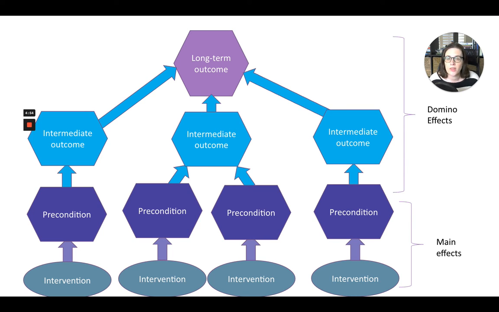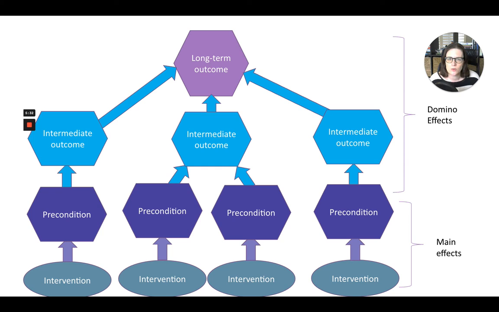What's helpful in thinking about it this way is a couple of things. One, there are parts of a theory of change which your programs likely do not directly influence. They are things that are outside of your control. And here you're relying on domino effects in order to make that change. A domino effect is just like that long chain of dominoes. Your network's intervention or your social impacts organization's programs are pushing the first few dominoes in that series, and you hope that this will cascade up to that long-term outcome.